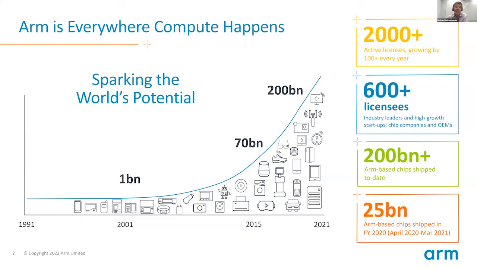So just a reminder of what ARM is. ARM is the owner of the world's most widely deployed CPU architecture. We design processor designs that we make available to many silicon partners. Most of the world's major silicon companies produce processors based around our technology. We have about 2,000 active licenses across the industry with 600 licensees, and around 2 billion of our processors have